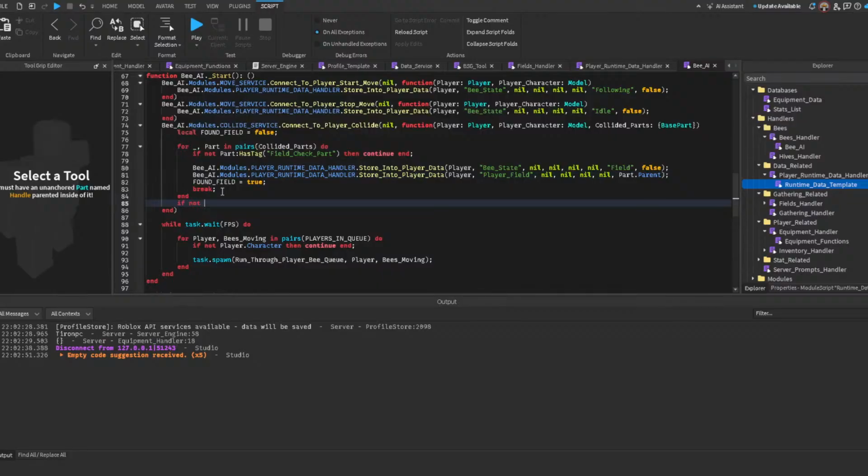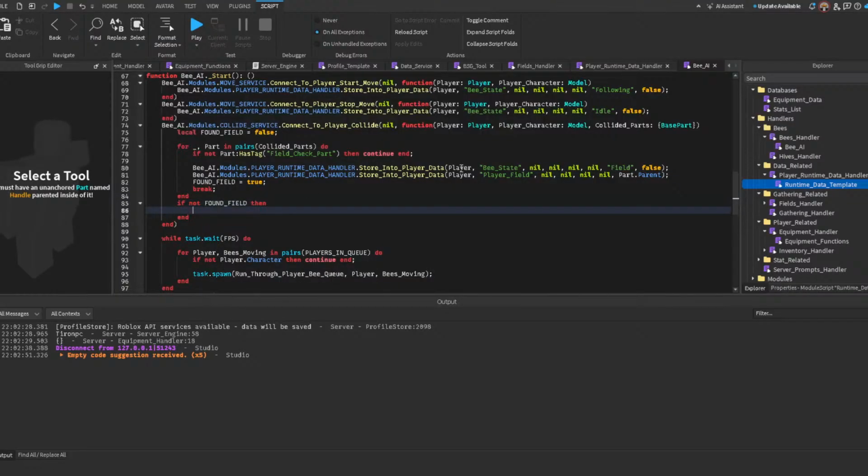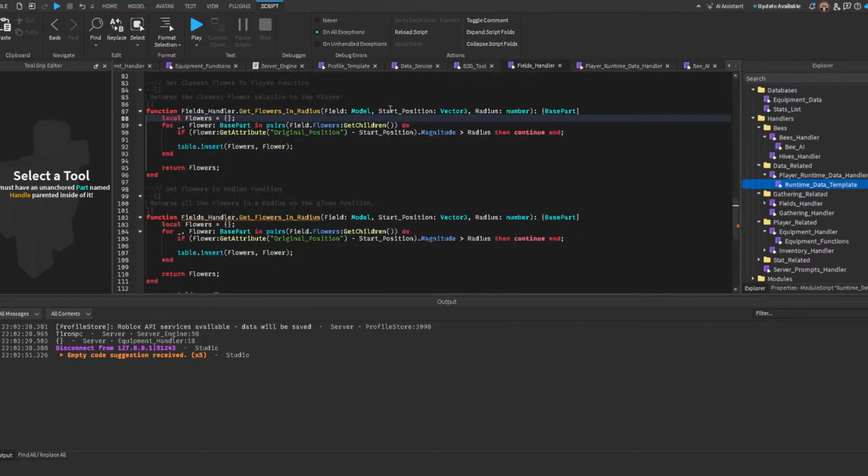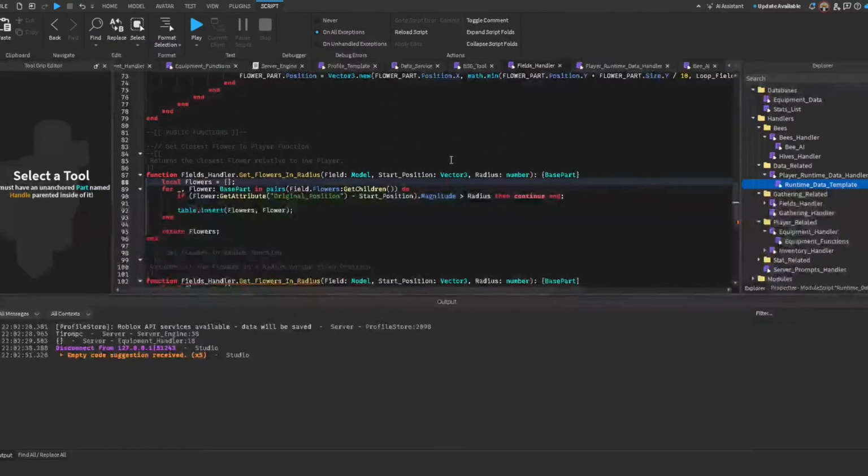If not found field, I'm pretty sure I do not need to actually. Yeah, there we go. It's going to be a nil. If we have not found the field, then it's gonna be nil. Okay, perfect. So what I need to do here